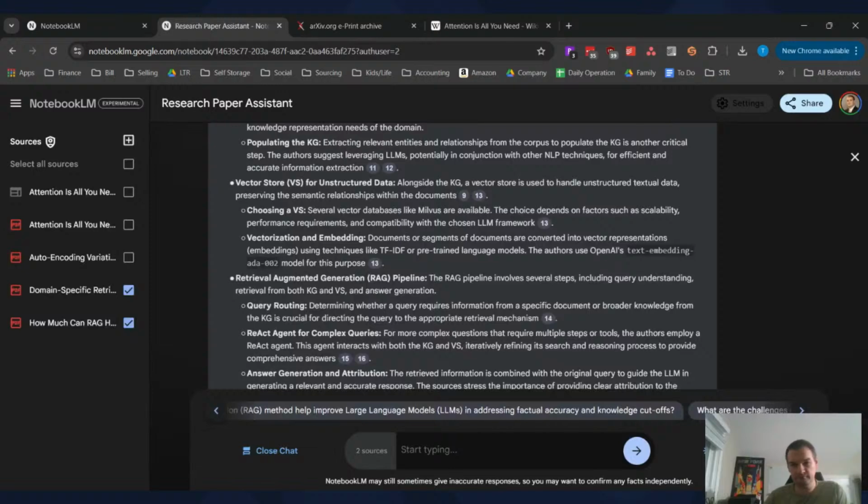Vector stores. We use this, or I should say I use this in my day-to-day work as well. It's good for handling unstructured data while still preserving relationships between them. So it's exactly what it calls out here. The authors are using text embedding